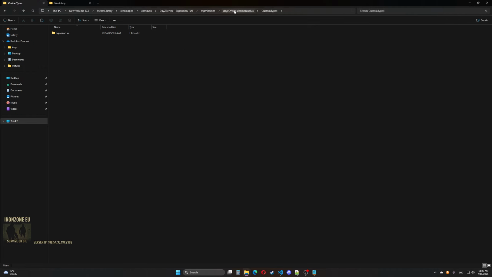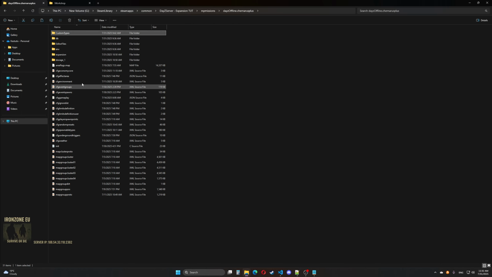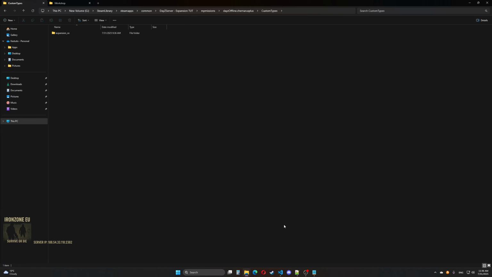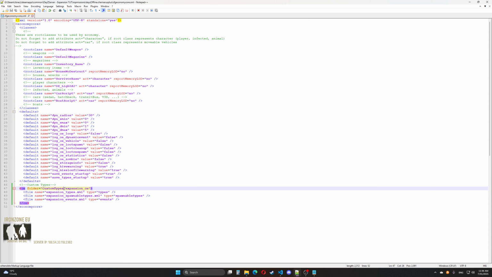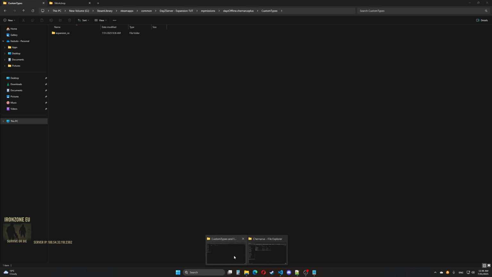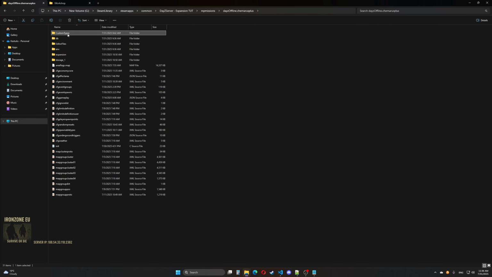We go back to Chernarus Plus, find the file cf economy core, and open it with your editor. You need to make a CF folder like this. You write the name of your folder, like we go Chernarus Plus custom types, you see.